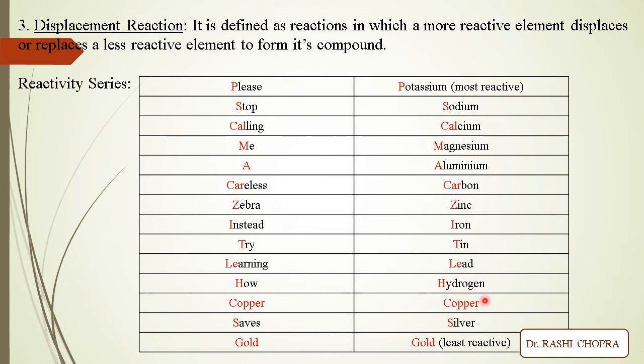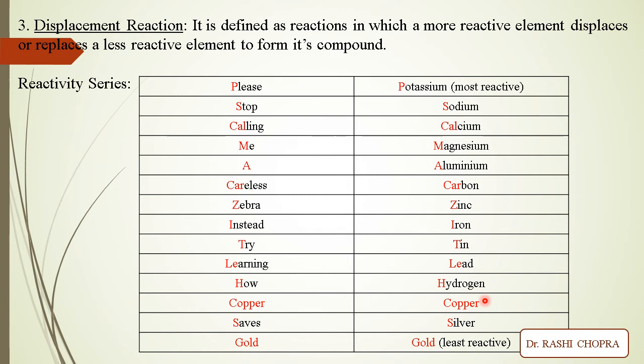So what is going to happen? Zinc is going to displace the copper from the copper sulfate solution, and it will react with the sulfate ions, and copper will remain outside the solution. So zinc plus copper sulfate will give you zinc sulfate plus copper, because copper is less reactive and zinc is more reactive, so zinc can displace copper from its solution. But the opposite is not true.